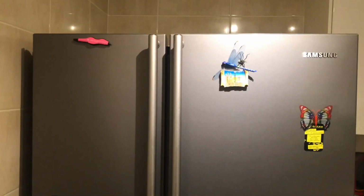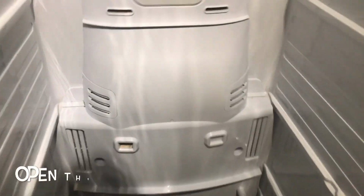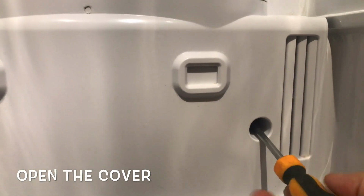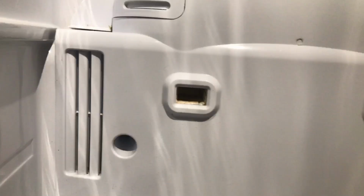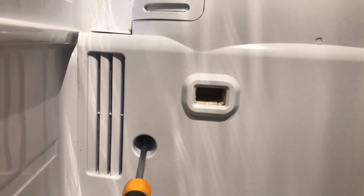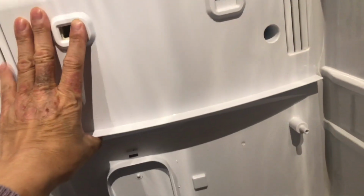Switch off the fridge from the back socket, then open the right hand door. You can see I have emptied this fridge. What I need to do, I need to remove the two screws over here and one screw on the left. Right now I have removed the two screws. After that I need